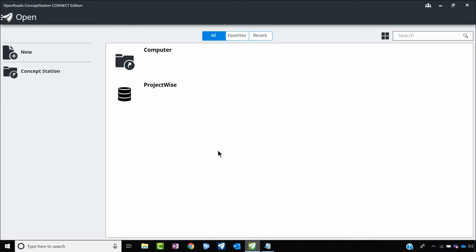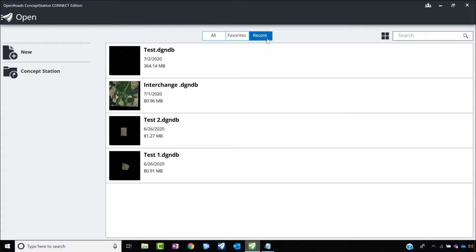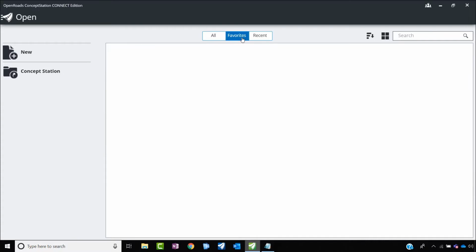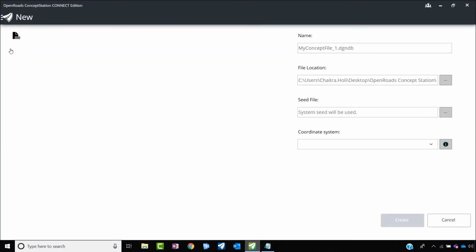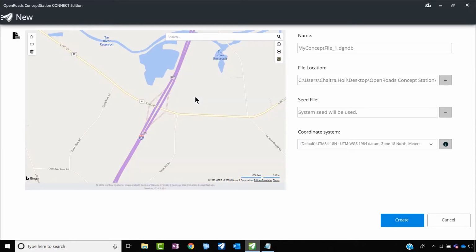As I have opened the product, you will notice you can open the recent projects, look at your favorite projects. You can create your own file. Let's go ahead and create a new file. This brings me automatically to the map interface